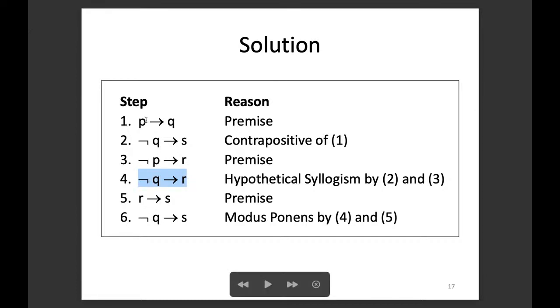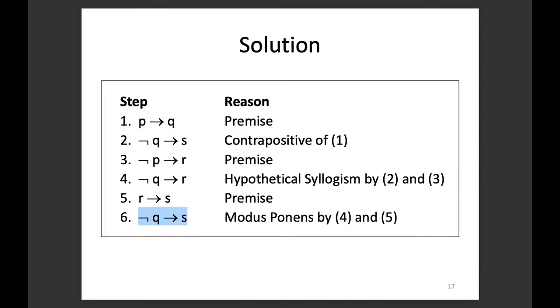So notice that everything that we write down here, we will make sure that it is true. Either it is because it is a premise which is assumed to be true, or it is derived from some other premises or statements using the rules of inference. So 4 is now true, and 5 is a premise which is true. So when 4 is true and 5 is true, then we know that 6 is true because it is simply the